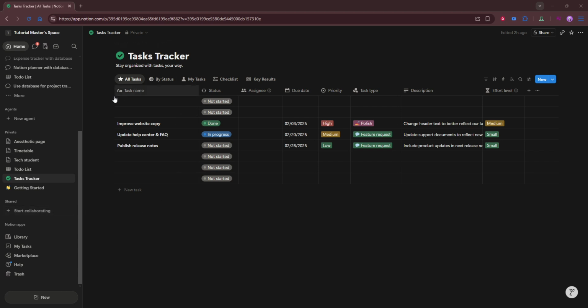Start by opening Notion and creating a new page for your task manager. Give the page a clear name so it's easy to recognize later. This page will act as your main workspace, so think of it as the home base for everything related to your tasks. Keeping all of this in one dedicated space makes it much easier to stay organized and avoid scattered